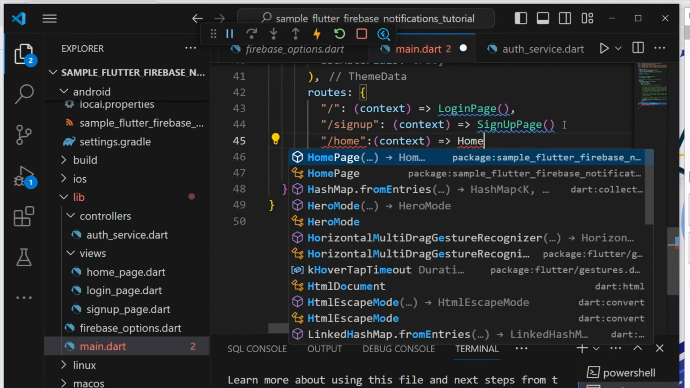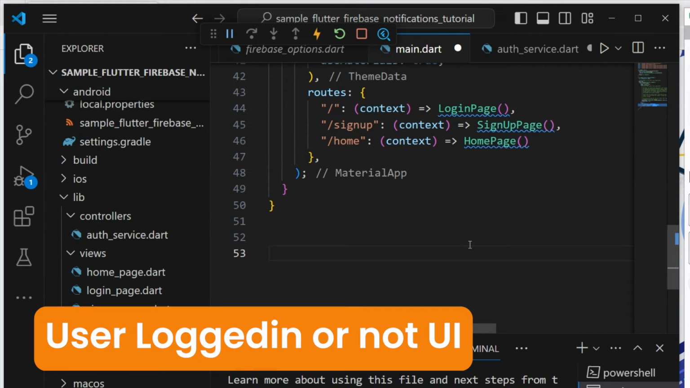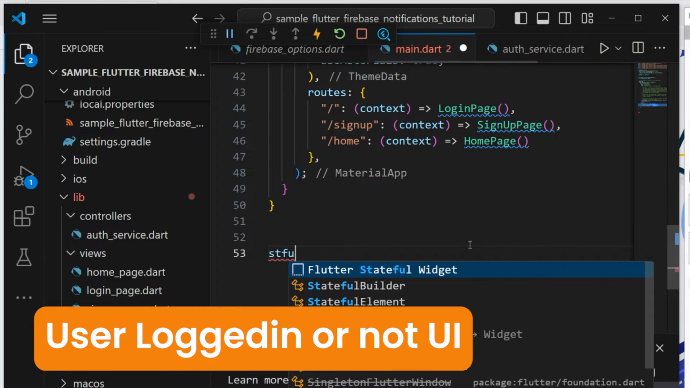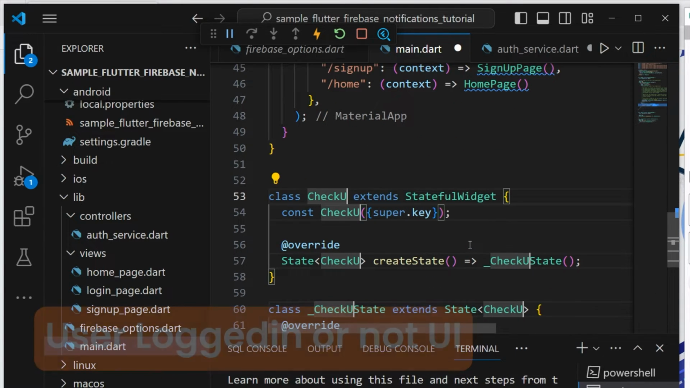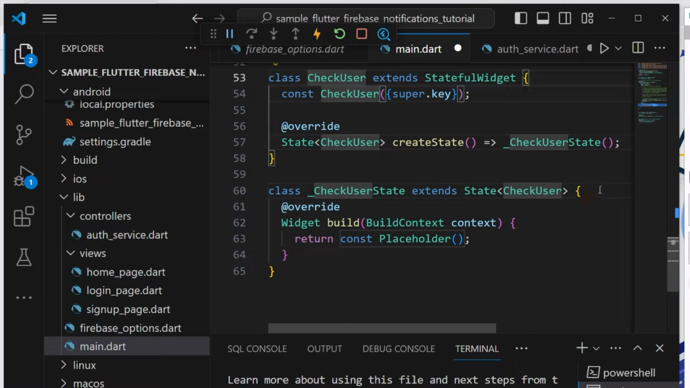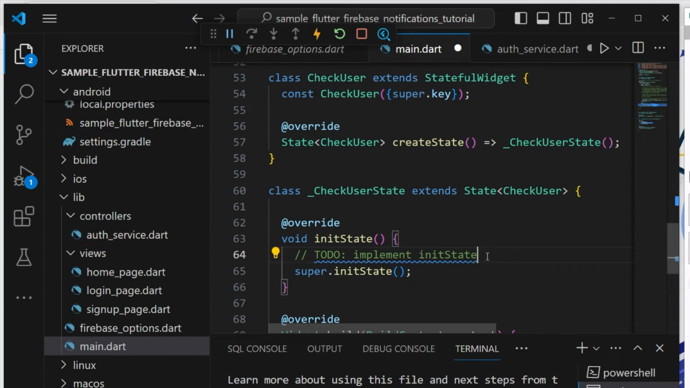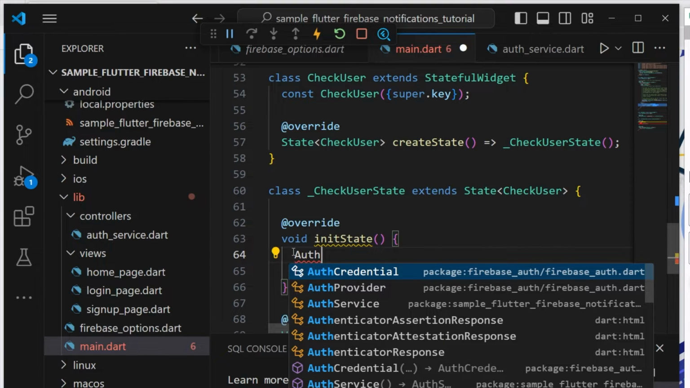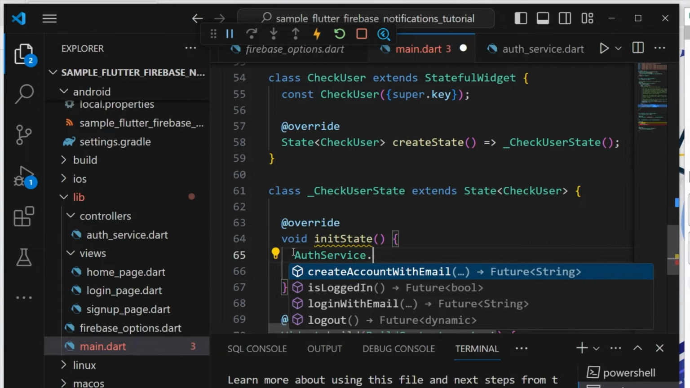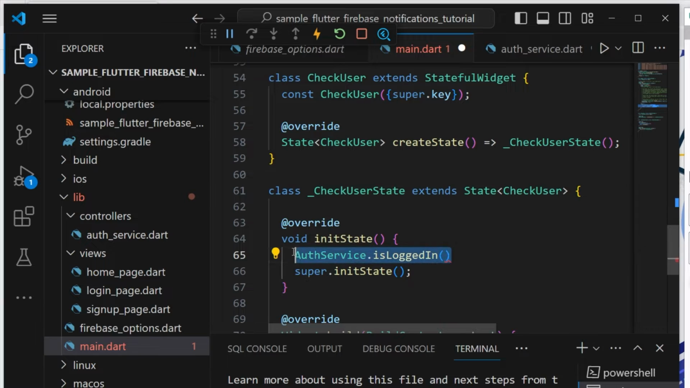It will be our home page. Here we'll be creating a stateful widget. Let's name it CheckUser. Inside our initState, we'll be using authService.isLoggedIn. It will provide us a value, either true or false. Then the value that we'll receive,